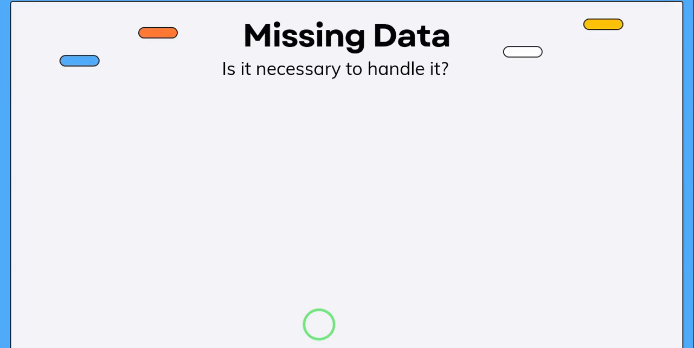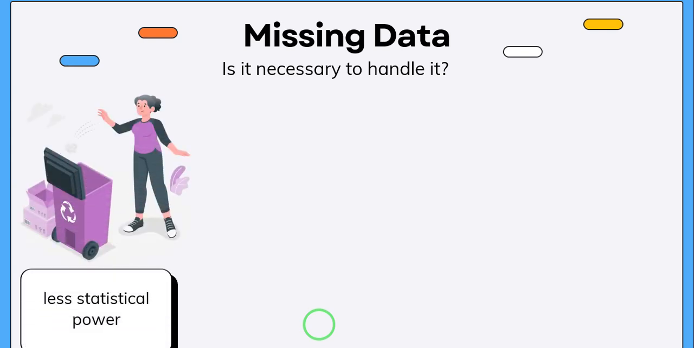Missing data might seem like a small inconvenience, a few empty cells in your dataset, but it can cause big issues for your analysis. First problem is that every missing value is like throwing away a part of your sample. Less data means less precision, and your confidence interval gets wider, which means that the statistical power of your analysis